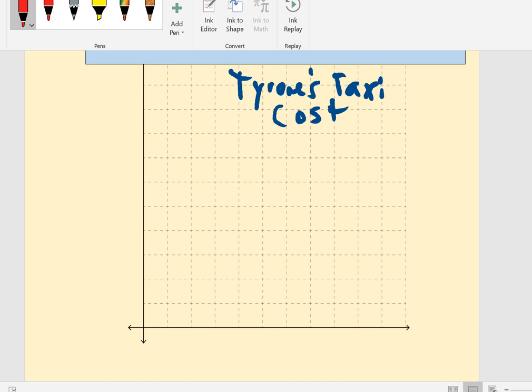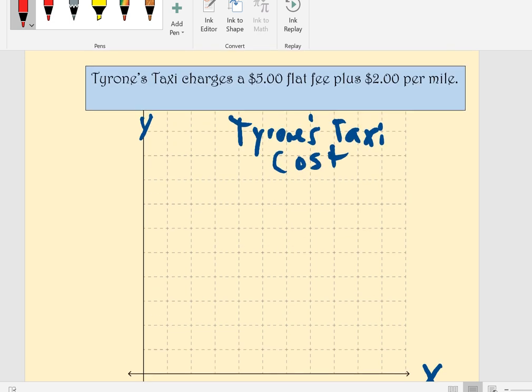We have two variables that we're discussing here. I mean, we're not talking about blankets and horses, all right? We're talking about how much money it costs and that's dependent upon how many miles you go. Your independent variable is always going to go on the x-axis here, okay? We have our x-axis, we have our y-axis. You are going to put the independent variable down here on the bottom. We have miles, remember, and we have dollars. Those are our two variables that we're discussing here,